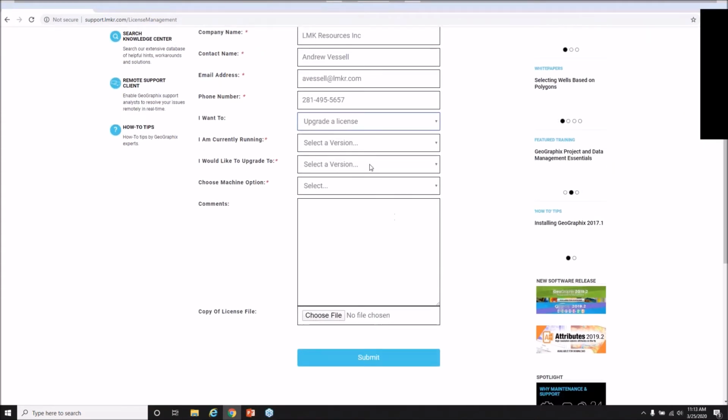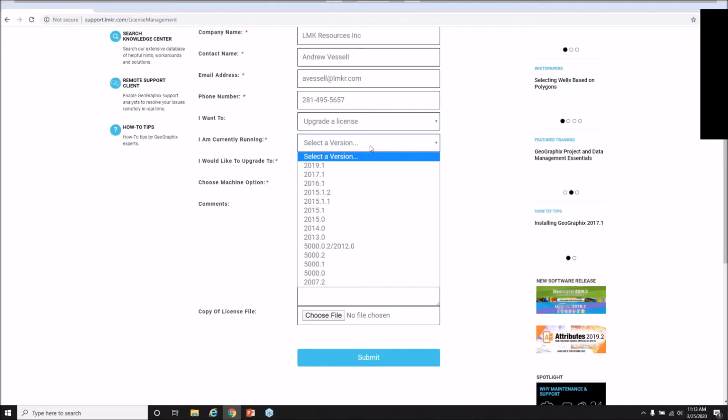It'll ask you a couple other questions. Primarily, what version are you running? Like I said, everything's kind of on the 0.1 version because that license is available across all updates to the software at that point. You don't need to worry about getting a new license for each version. There are a couple of exceptions if we release, say, a new or updated tool, for instance, from 2019.1